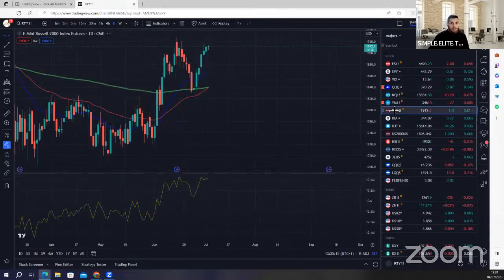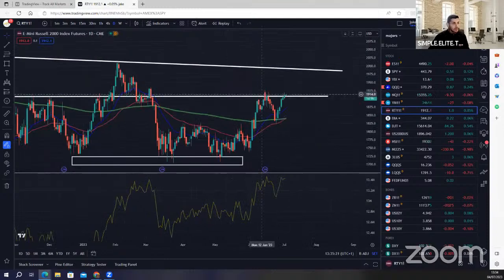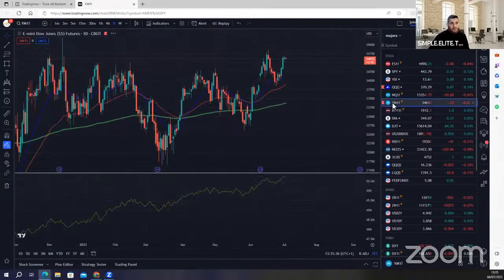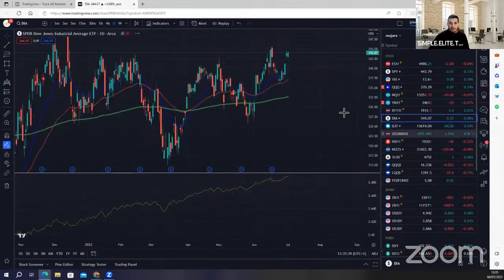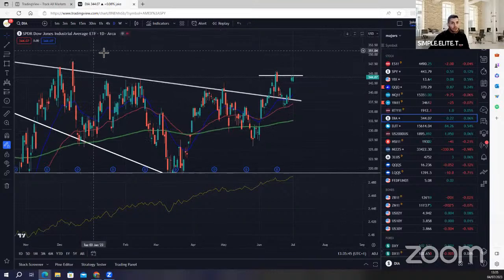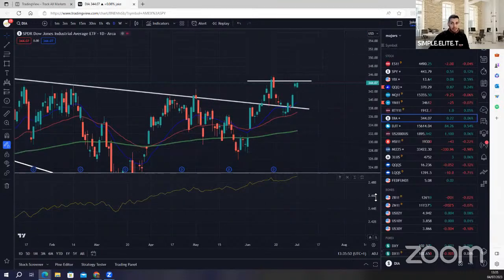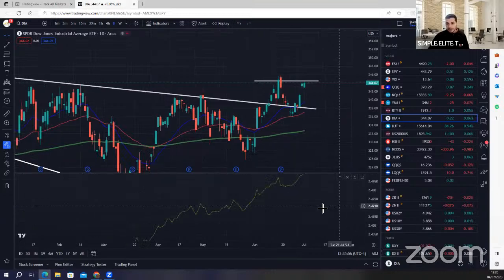Moving on to the Russell 2000, let's see if it's going to break this 1100, and then come at this resistance, and then we're going to see this and this happening. All the indices are looking quite similar, and I'm happy to be on the long side. Today is a US bank holiday, so I don't know if there will be a lot of volatility, but if there is any setup, I might take some long trade today after the US opening.